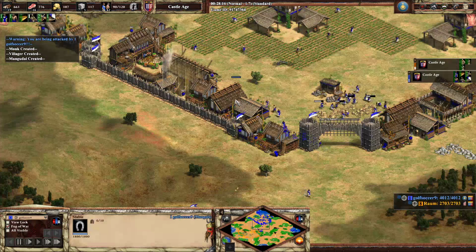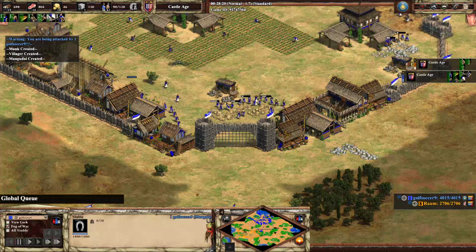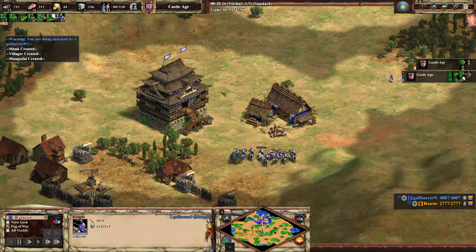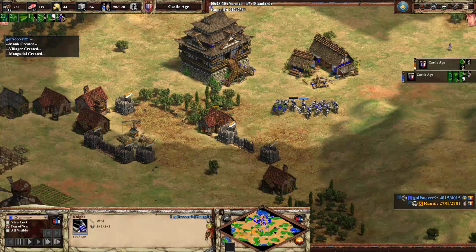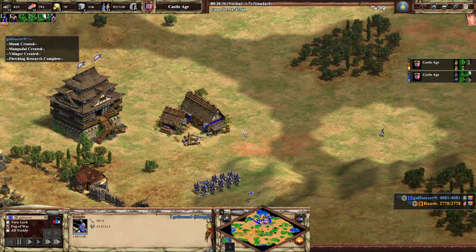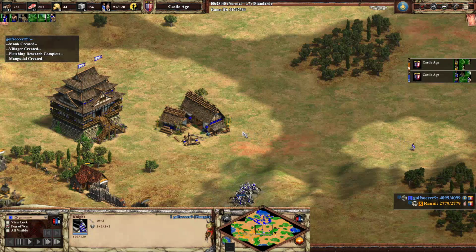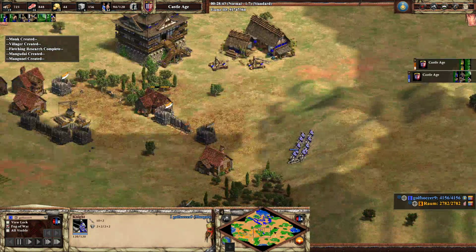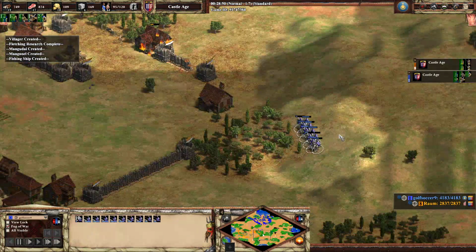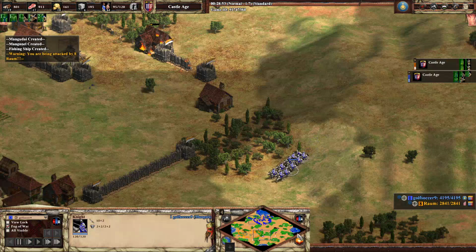And when you're Mongols, and you have a lot of food, you've got to remember the light cav for Mongols are very strong. You know, Knights have 120 hit points. The light cav have 98 hit points. So, if you look at tanking TC fire or taking even pikemen pokes, you'd rather have light cav taking the damage than Knights. Obviously, the Knights do a lot more damage, and they have a lot more regular armor, but...